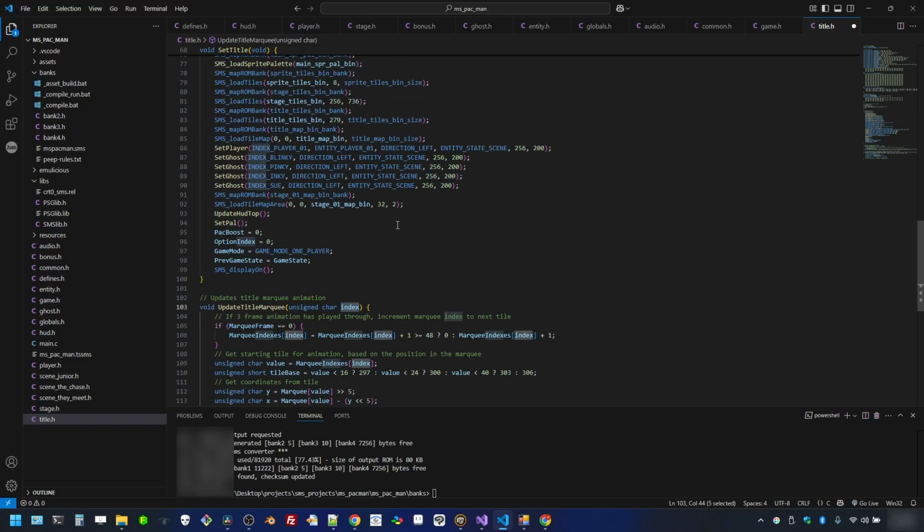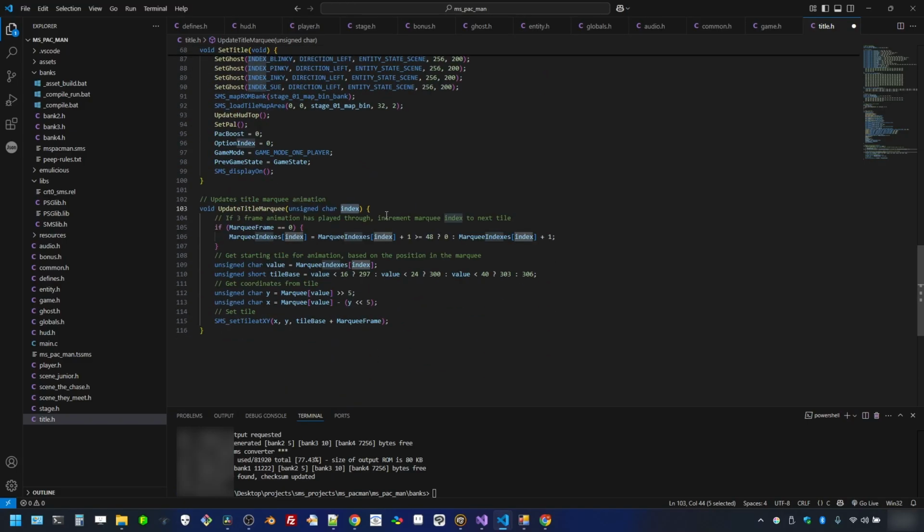Then there's an overarching marquee global that keeps track of what frame we're doing all the lights, because all the lights' frames will match as they're going across each one of these tiles. So if the marquee frame equals 0,